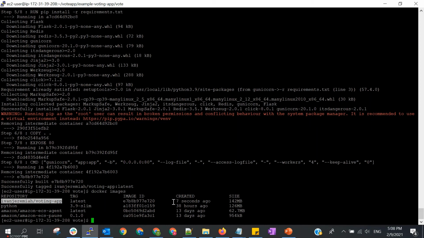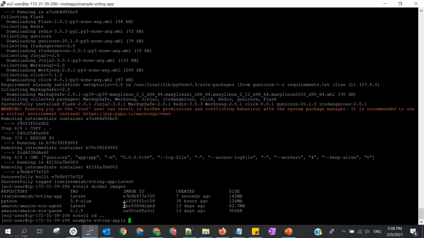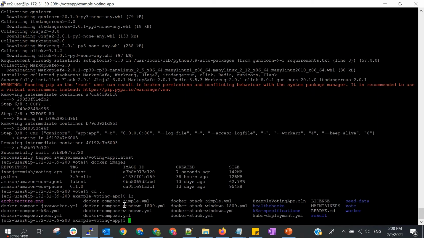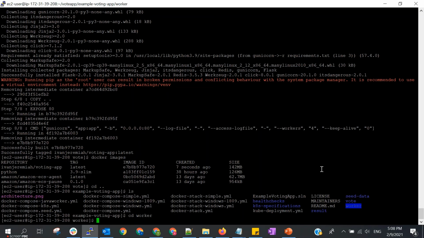to Docker Hub. Okay, we have built the first custom component, which is the voting app container, and then let's go up and let's build the worker container, the worker image now.